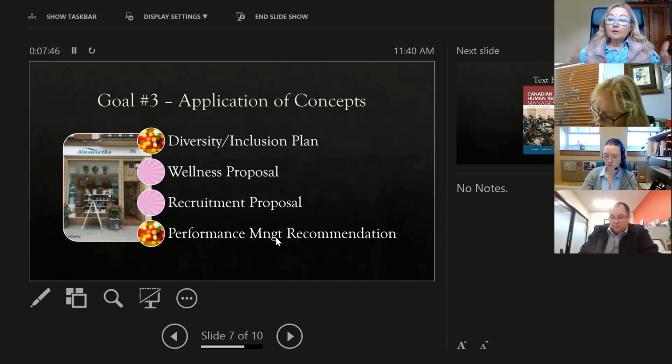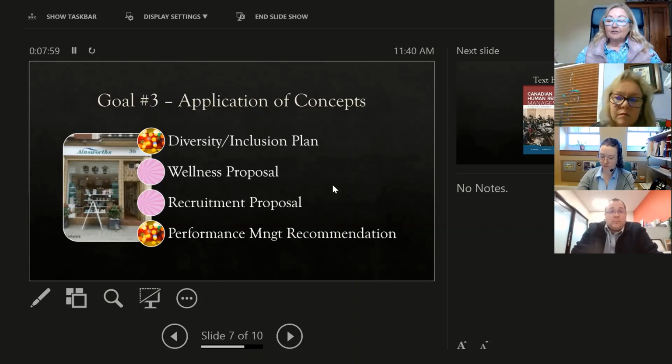And I also really encourage you to apply it to your own workplace. Does this make sense? Could I do this? Would I have to tweak it somehow to make it work? So using our critical thinking skills to figure out how we might use this in our real world.